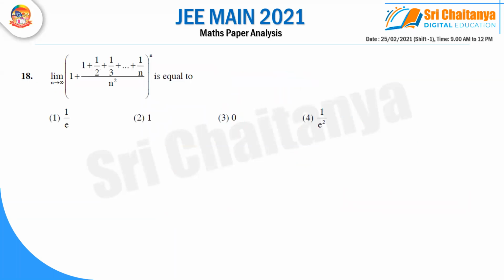So the number of points of non-differentiability will be only 2. Next, limit n tends to infinity he gave. In such questions, just try to use common sense. Now here, inside the bracket, it is some quantity greater than or equal to 1. You can say greater than 1, right? Now just check the options. There is only one option which is greater than or equal to 1, and that is my second option. So the answer will be second option.